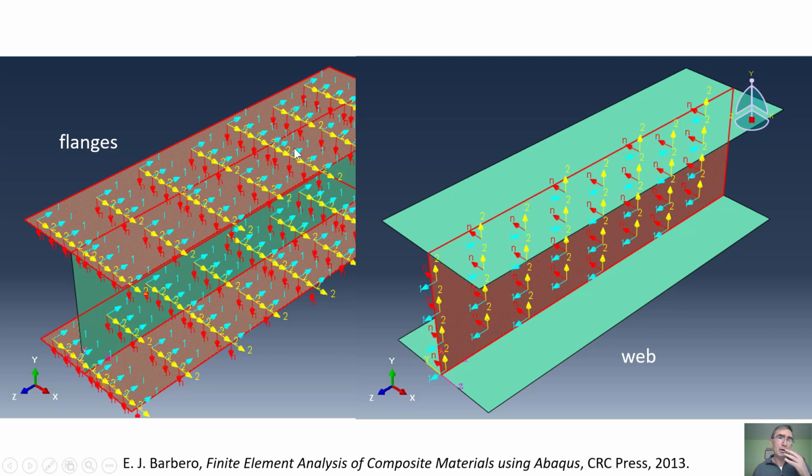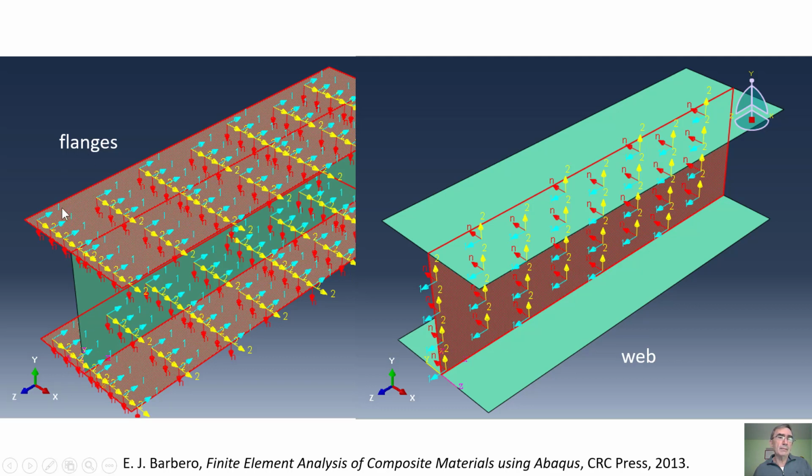Okay, so now we're going to do simulation. In year 2000, I did experiments, and those are reported in the literature, but now I'm going to base this presentation on simulation. And one very important thing I have to mention is that when you do simulation of composite material, you have to be careful assigning the material orientations in your model. That is because composite materials have different properties along different directions. So normally we call 1 the direction along the length of the fibers or the axis of pultrusion, and you have to go into the model.